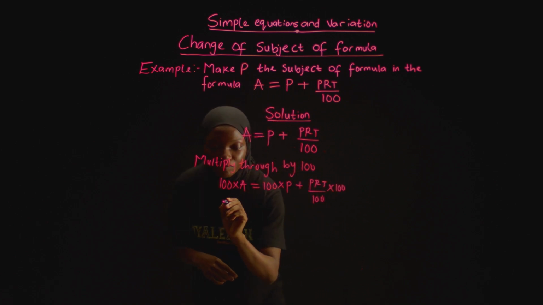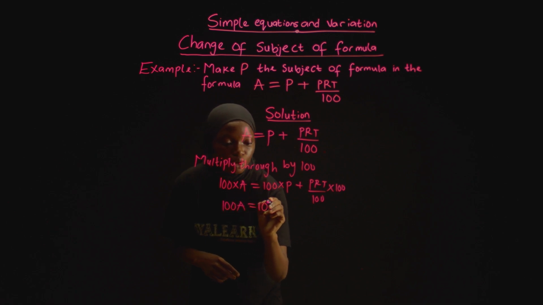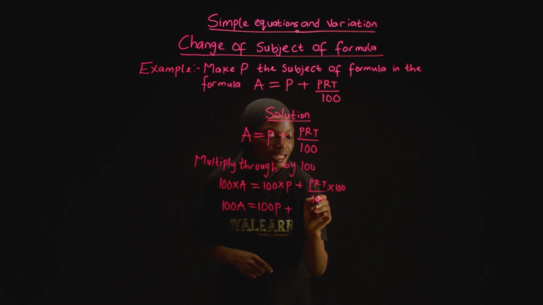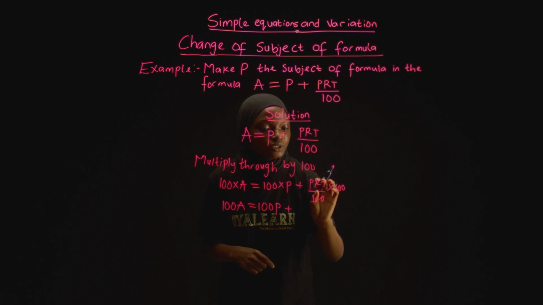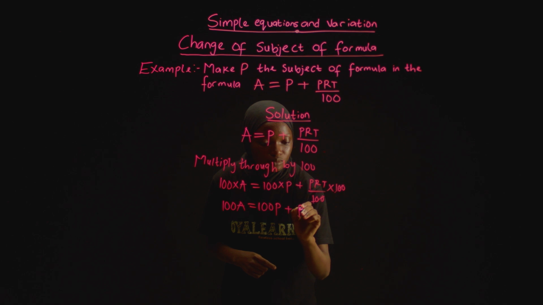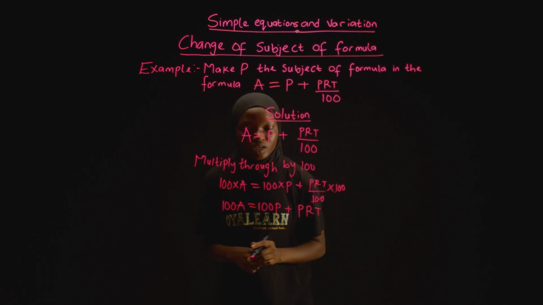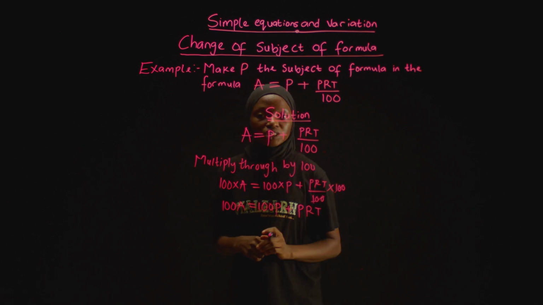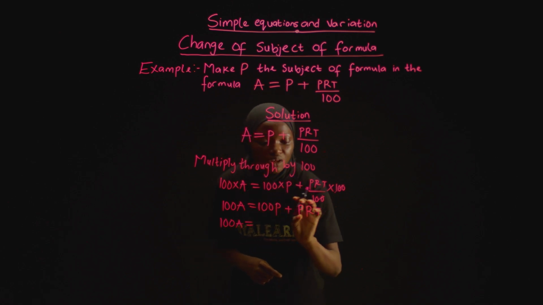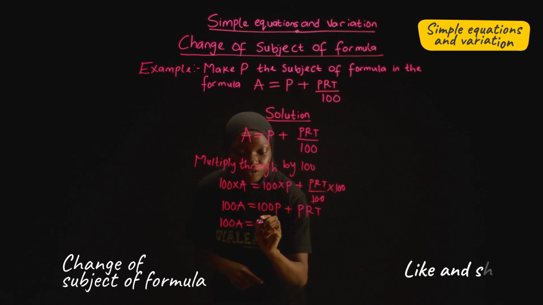And from here, we'll be having 100A equals 100P plus, now 100 can cancel out here. We are left with PRT times 1 over 1, which is the same thing as just PRT. And from here, P is common to both terms, so we can factorize it out. So we'll be having 100A equals, we can factorize P out so that we have P into,